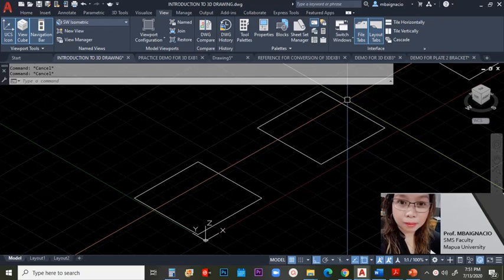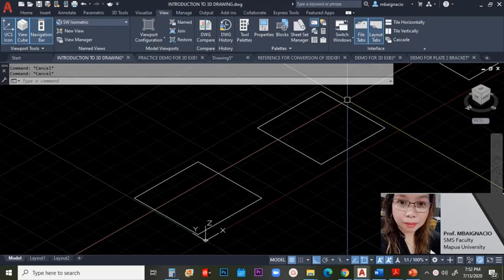Okay, so I will be discussing now the first command in editing a 3D tool, to which we will be providing the height of the object. But before we proceed, I want to give a tip about how these lines must be converted to three-dimension view by providing the height of the object. Now, please take note, okay?